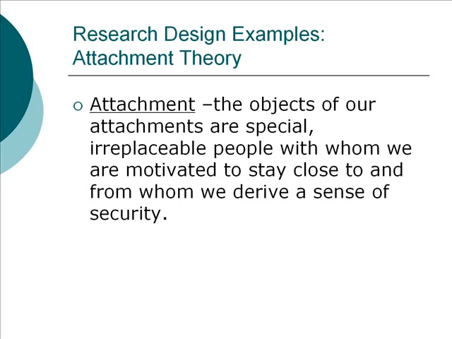When we talk about attachment, we're talking about the strong affectional tie that binds a person to an intimate companion. The first attachment typically occurs around 6 or 7 months of age. Throughout the lifespan, the objects of our attachments are special, irreplaceable people with whom we're motivated to stay close and from whom we derive a sense of security. You may get a sense that this is typically a mother or a father or significant caregiver,